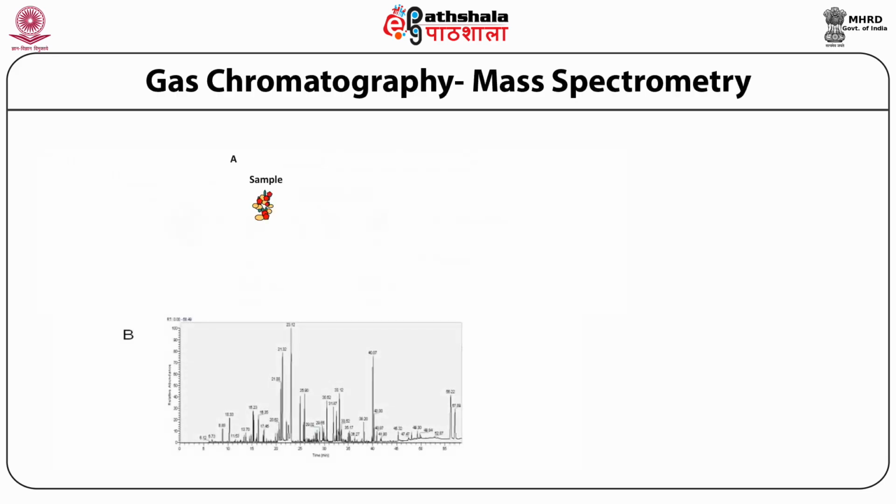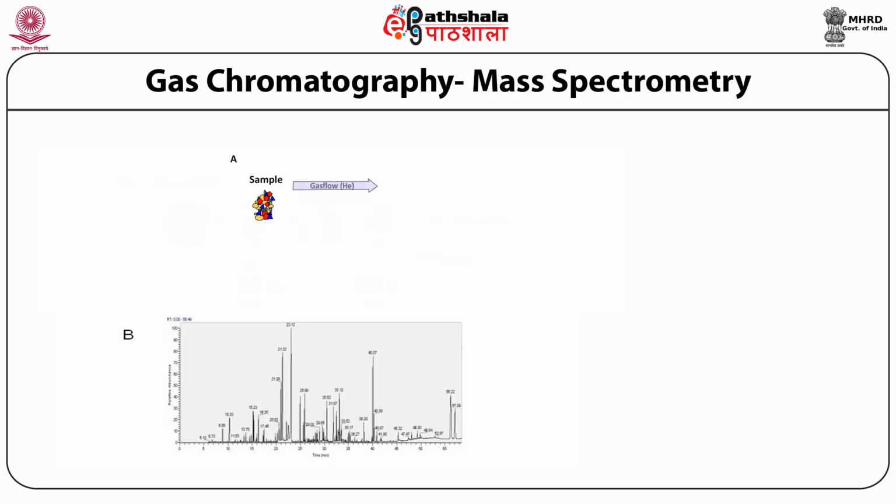Here you see these schematics depicting a gas chromatography mass spectrometry analysis. In A, you see that this is a column which is a part of the GLC system. So you inject a sample here. The analytes that have a high affinity to the stationary phase will move slowly in the column because they'll be bound to the stationary phase here.